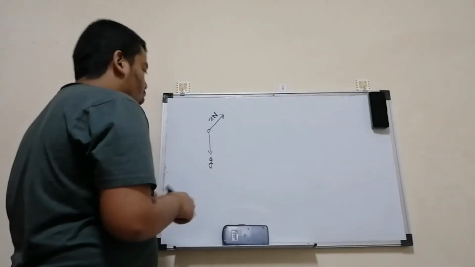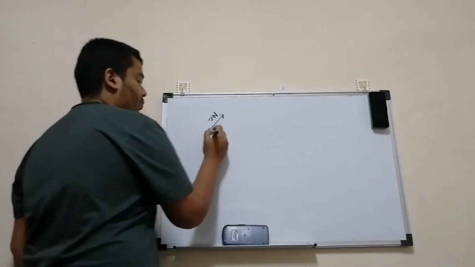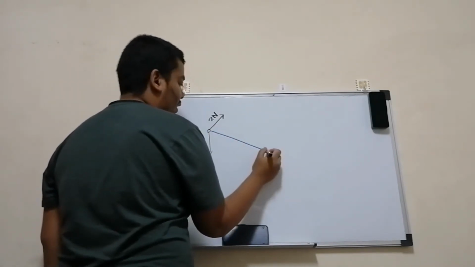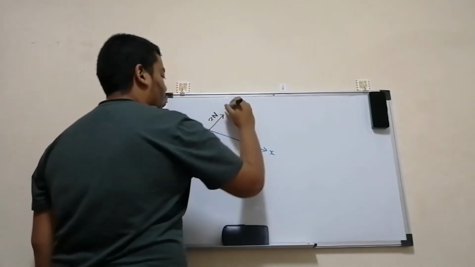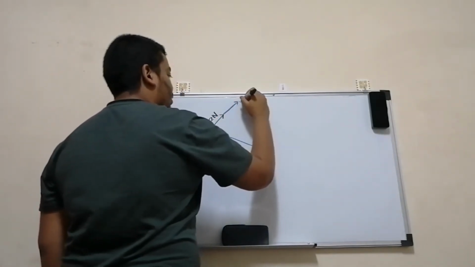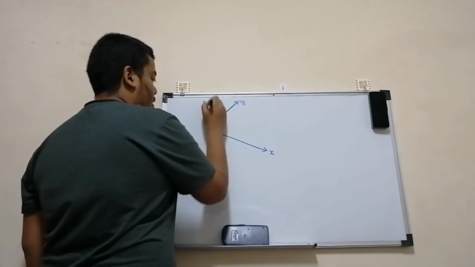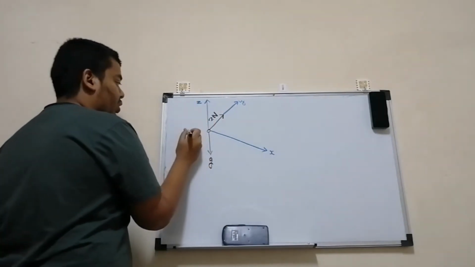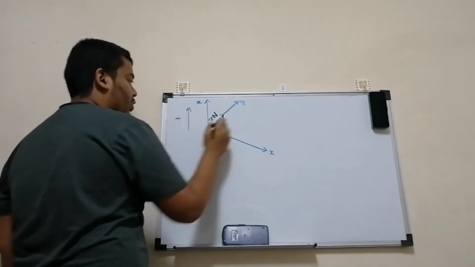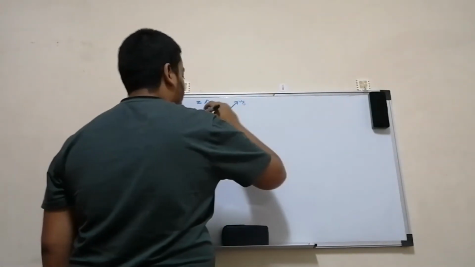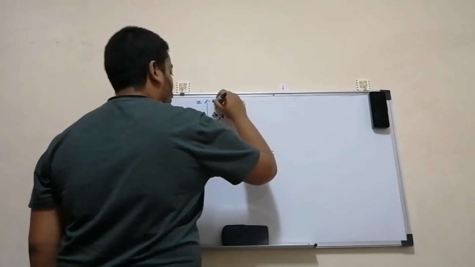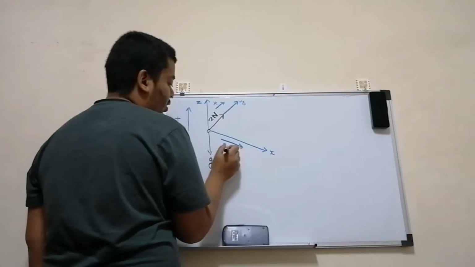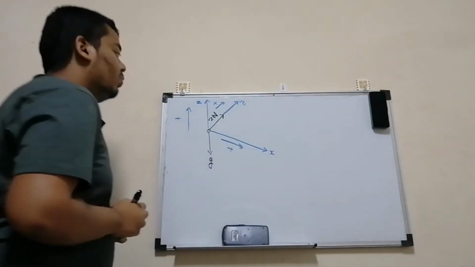Okay, so now let's draw the axes. This is the x-axis, we have it here. This is the y-axis, okay, and this is the z-axis. Remember, this is the positive direction. Here we have the positive direction. We should always mark the positive direction. Okay, it's very important for this type of questions. Now the particle